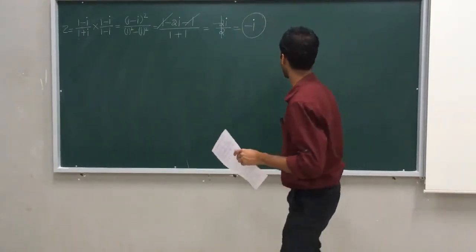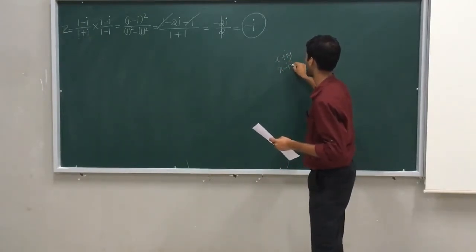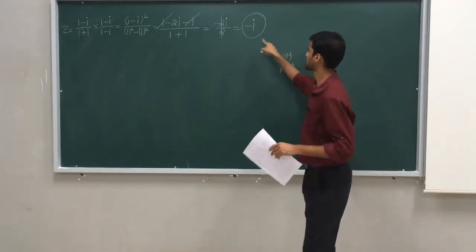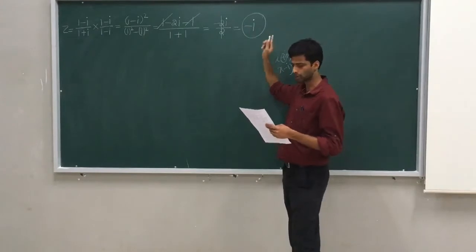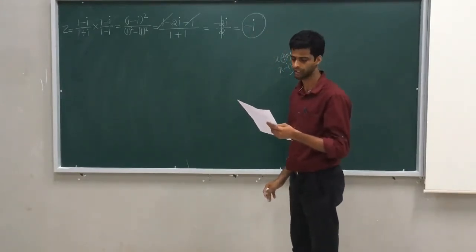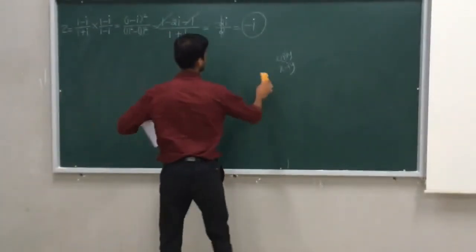We all know that x plus iy is a complex number. Its conjugate is x minus iy. Means I will change the sign present with i. Here the sign present with i is minus, and it is in standard form, so its conjugate is plus i, which is option number D. So for the third question, the right answer is D.